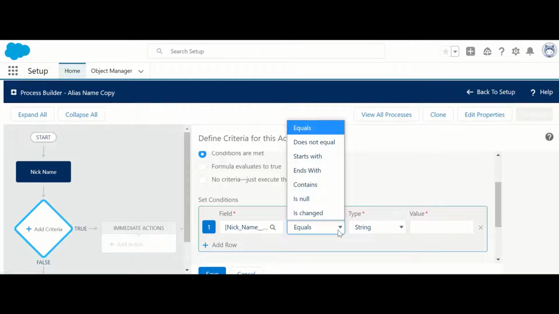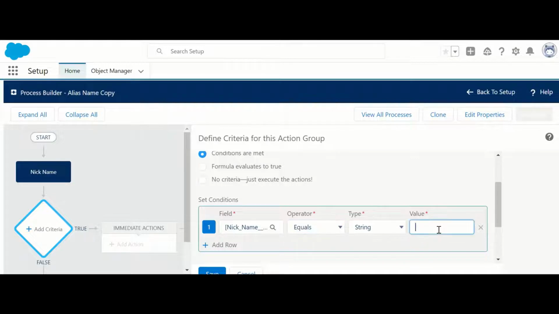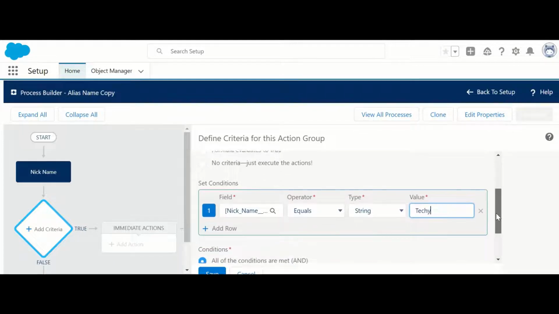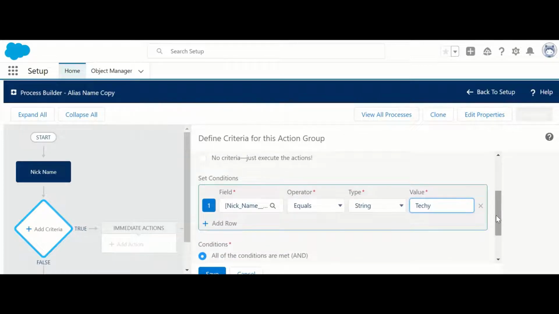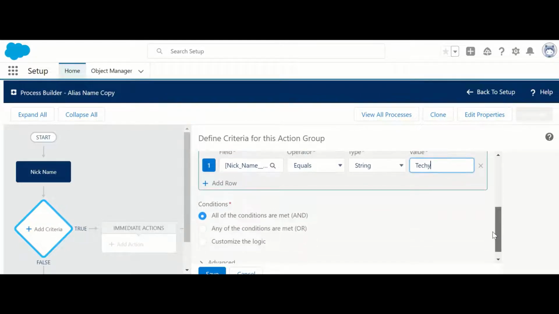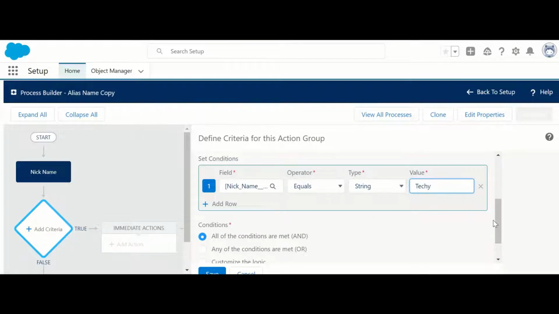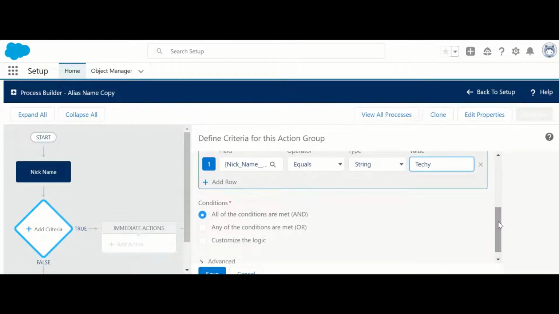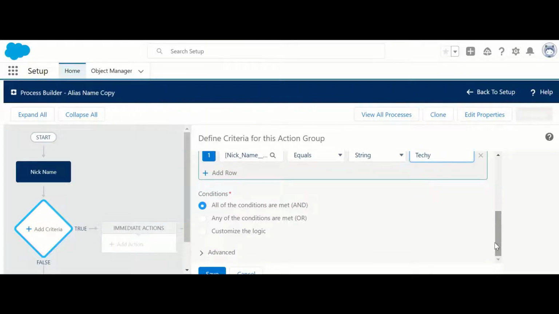You can select different operators here, but for our requirement, if nickname is Techie, then we are going to copy the alias of that record to all the nicknames of that contact. You can add multiple conditions and select the logical operator between those conditions. Save this.